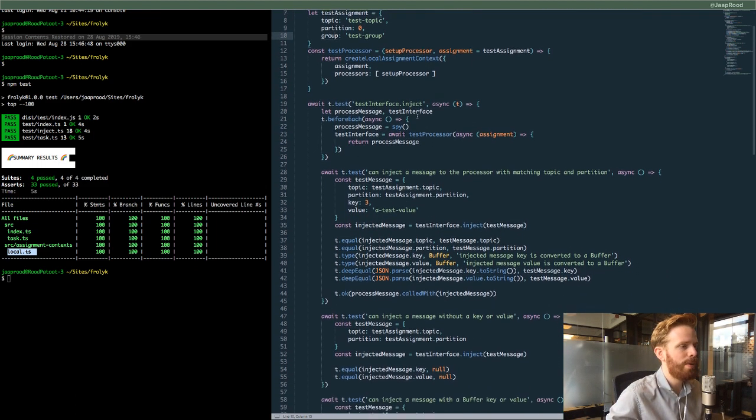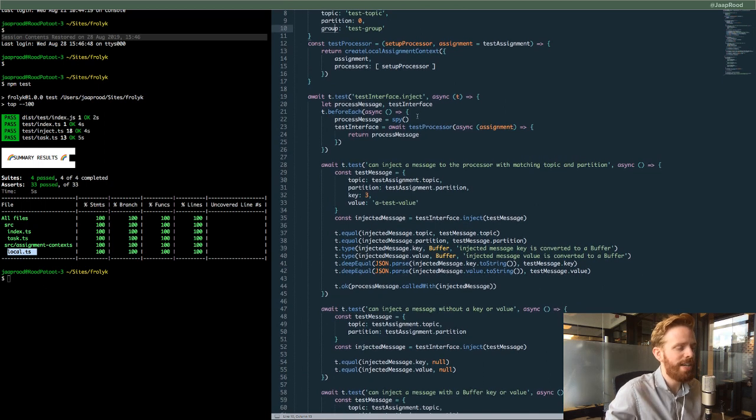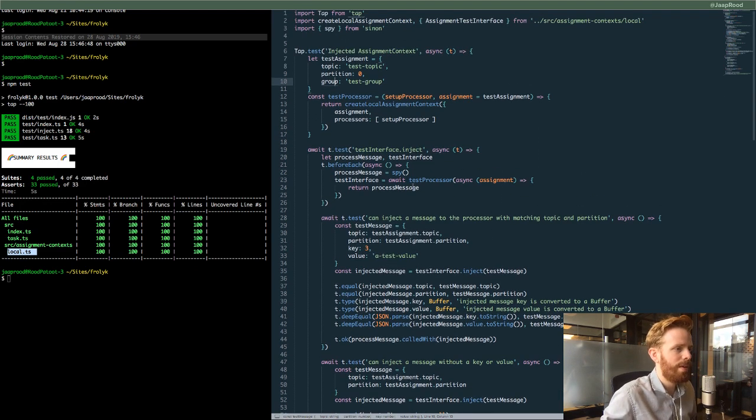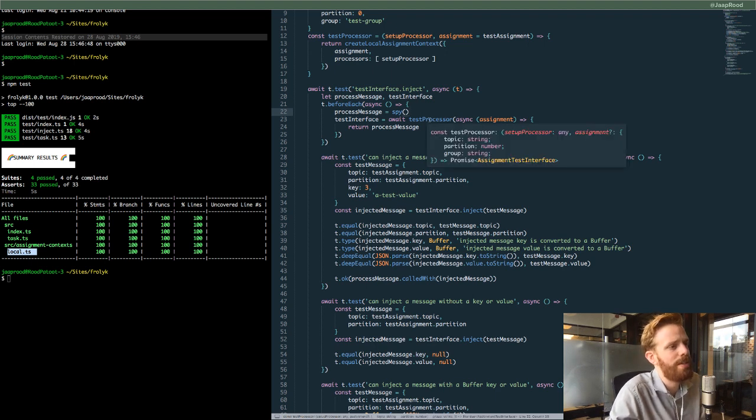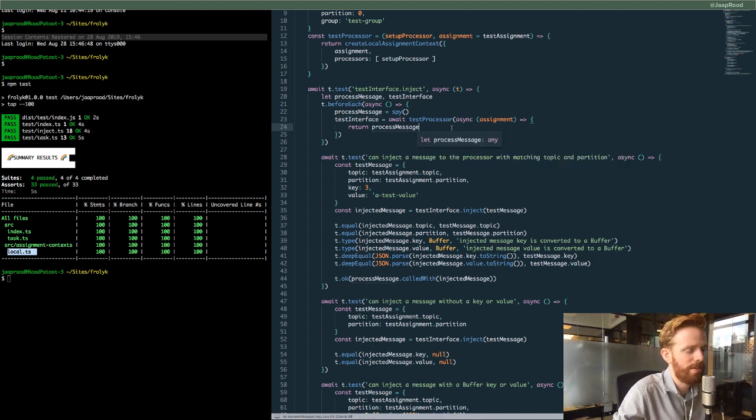And so the most important bit that I've been working on is the ability to inject messages. So there's this test interface, test.inject, and you can see a little bit of that code from the example. So over here we create this test interface. In a way, we pass this test processor to it. It doesn't really do anything. Process message is like a spy, a function that records how many times we call it and what we call it with, so that we can test against that. And the test processor itself actually doesn't do anything. It just says, okay, return the processor, because